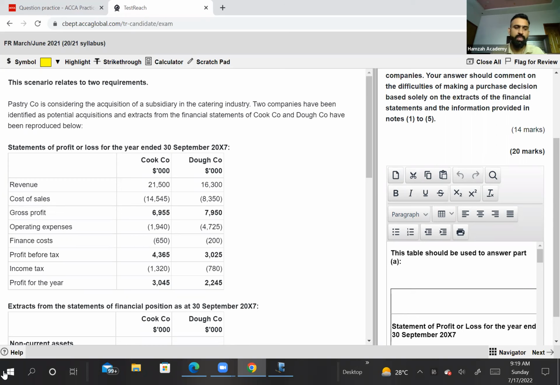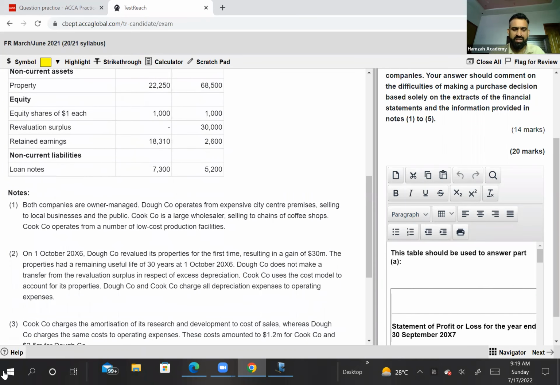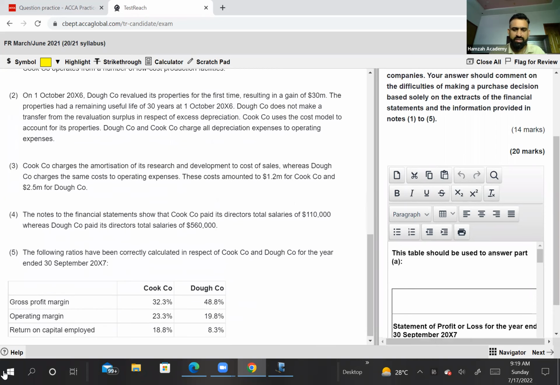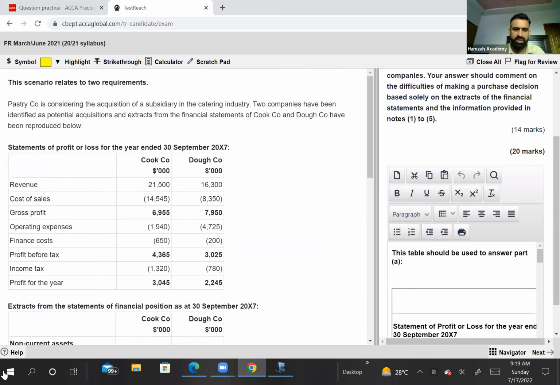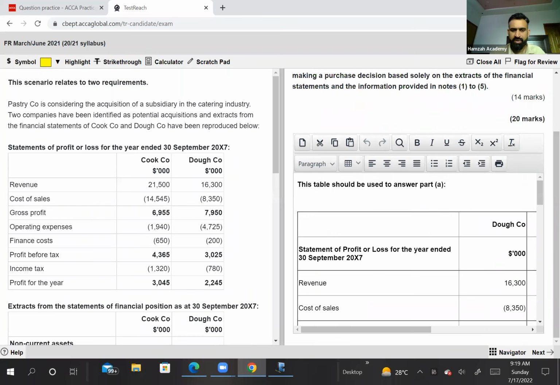And it is like we have the question. You can see this is a question on ratio analysis, where we calculate the ratios and we interpret the ratios. And on the other side of the screen, which you can adjust as per your requirement,